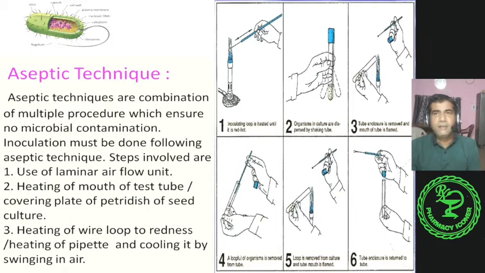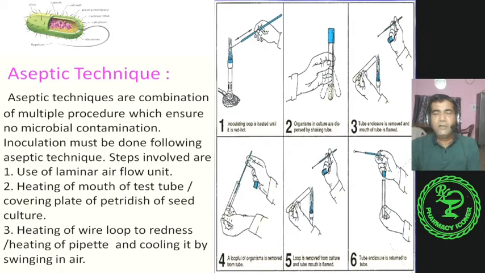Second thing, what is done? Now the inoculum is on the nichrome wire loop. In the second step, we open the fresh sterilized culture media and again heat its mouth. If it is a petri dish, we heat the upper surface of the petri dish. Then we inoculate using a suitable technique. We have already discussed the suitable techniques. Then we again close the container, and heat it again to avoid cross contamination.